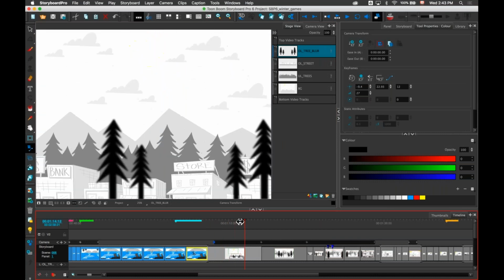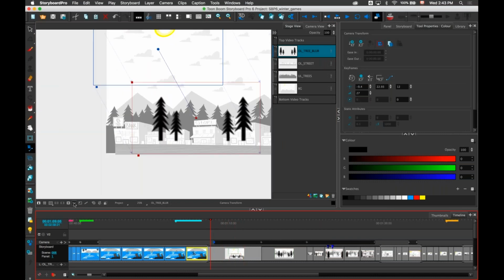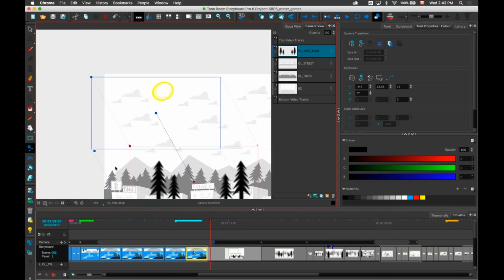Another small tweak we've done in this version is the ability to display the time code inside the camera view. So when you're working on your animatic inside Storyboard Pro, sometimes when you're working with multiple monitors, actually you will take your camera view, let's say, and you will move it to another monitor, to an external monitor. And when you're doing that, you want to be able to see the time code as you're working inside the software on the same monitor without having to go back to the monitor that has the timeline. So you have a small button inside the status bar, show and hide the time code overlay inside the camera or the stage view.